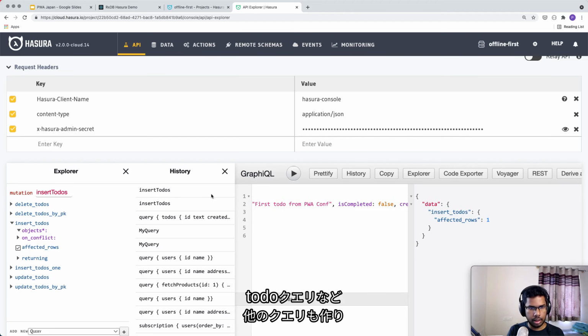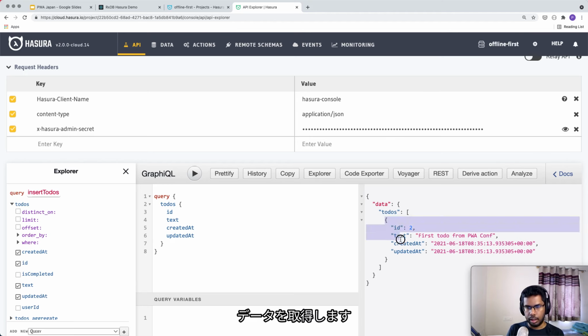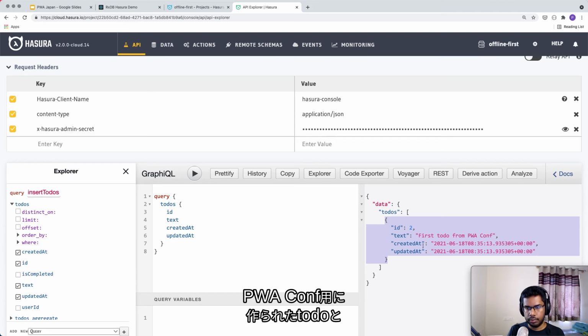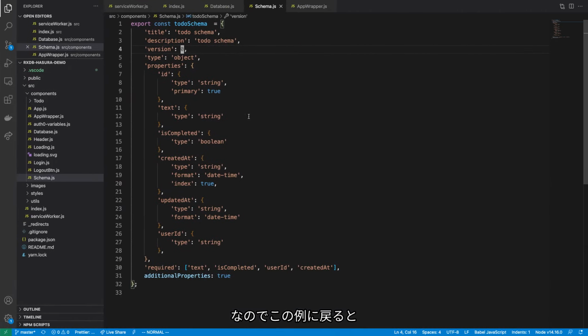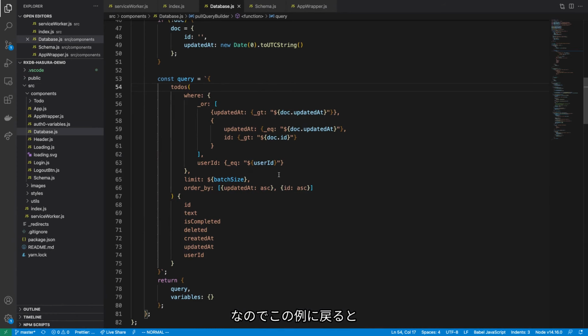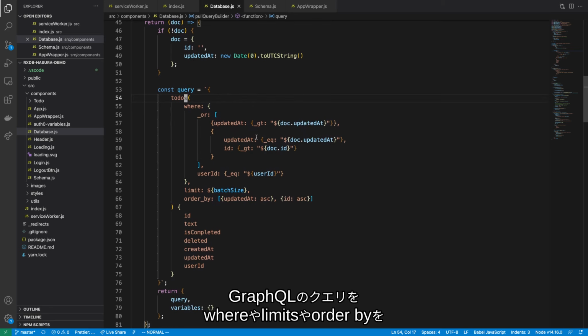Let's make the other query, which is the to-dos query, and now get back the data from the client on the graphical client. So we can see the ID being 2, the first to-do from PWA conf, and the created and updated timestamps, right? So going back to our example,